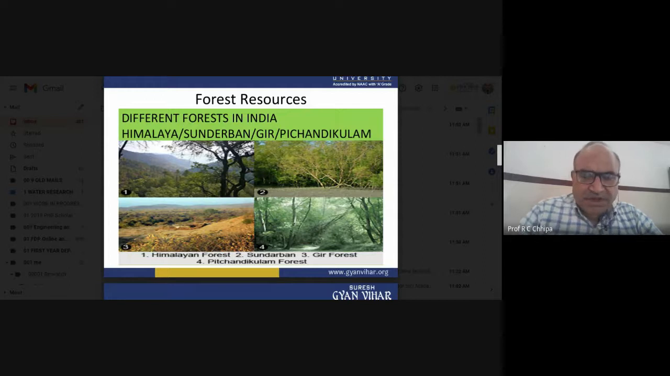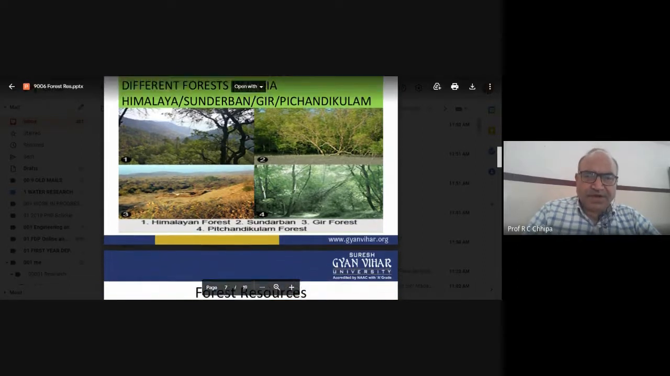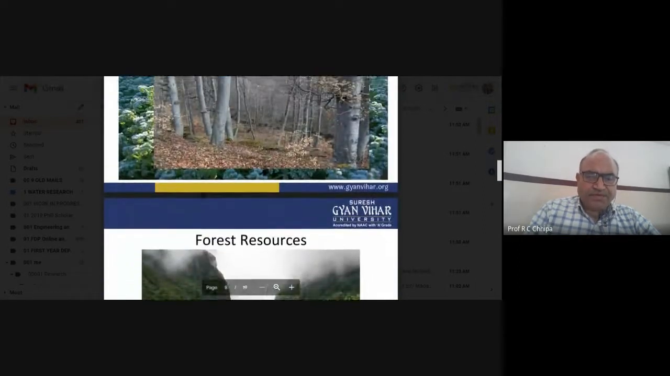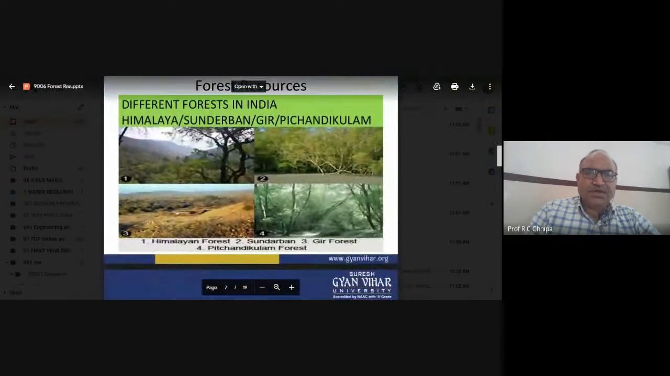So let's see the different forest areas. These pictures show the whole forest area. Different types of forest are available, and they may also include wildlife sanctuaries. But because of the industrial revolution and water-related paper, this particular